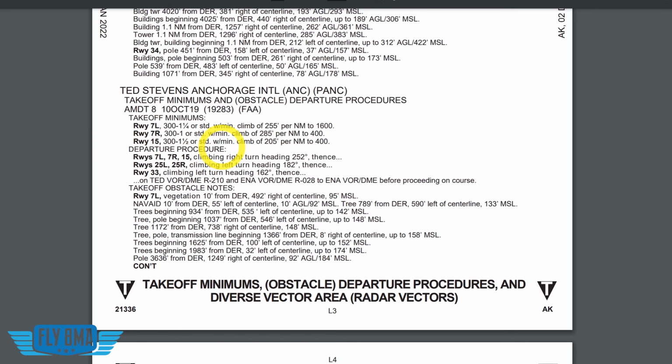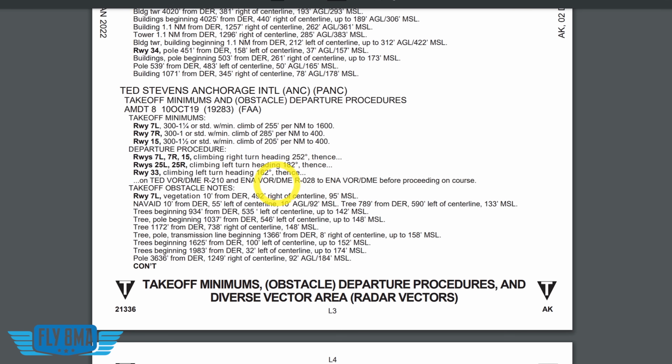Now coming down here, we can see we have departure procedures. We have a textual departure procedure for runway 15 there. Runways are 7 left, 7 right, and 15. It's going to be a climbing right turn heading 252 magnetic, thence on the TED VOR DME radial 210 and ENA or Kenai. So basically the Anchorage Ted Stevens VOR and the Kenai VOR DME radial 028 to the Kenai VOR DME before